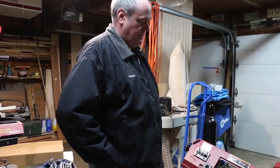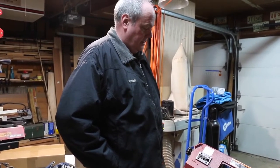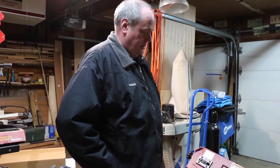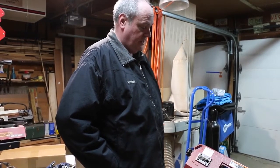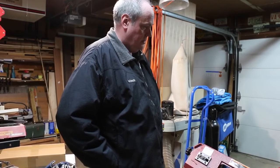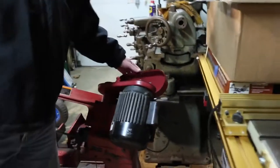I'm taking part in Mike Wiggins' Harbor Freight Bandsaw Challenge, cutting a piece of steel, timing it between his power hacksaw and various people doing timings with their Harbor Freight bandsaws. I'm on the medium belt speed,